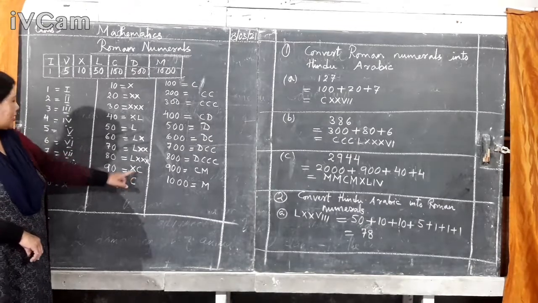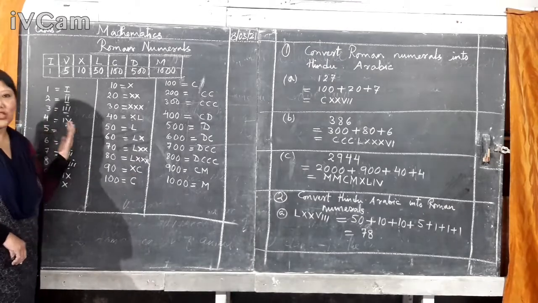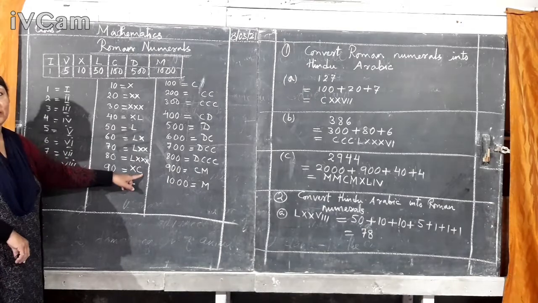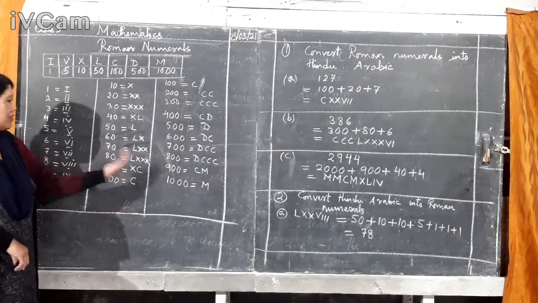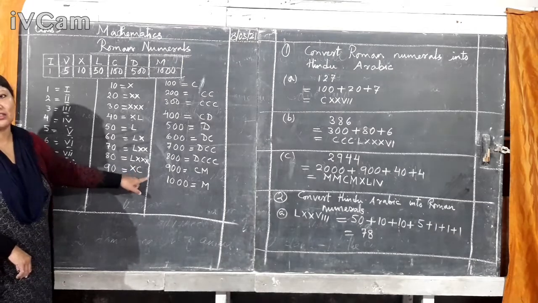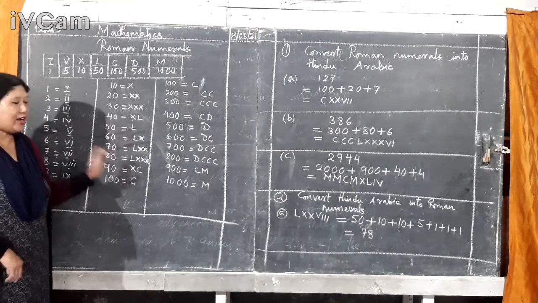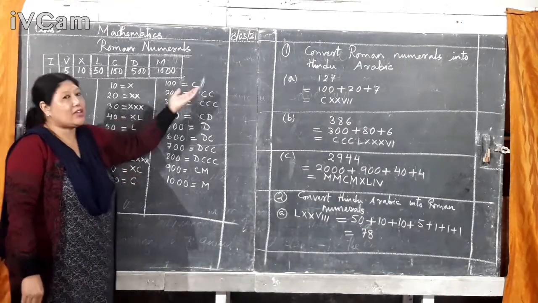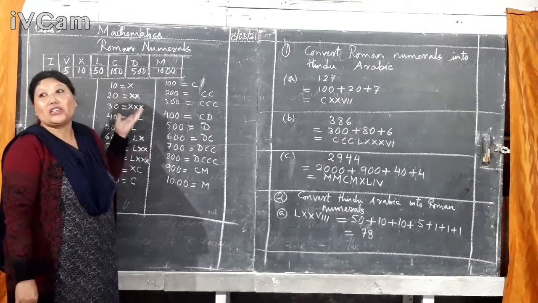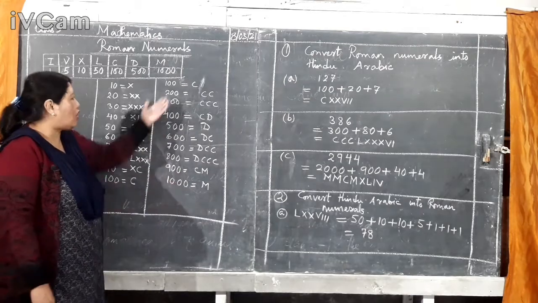But to write 90, what do you have to subtract? Because if you write it on this side, you have to subtract. So 100 minus what will be 90? Of course 10, isn't it? 100 minus 10 will be 90. So it will be XC. XC will be 90. Then 100, then if you write C 2 times, it will be 200. If you write 3 times, it will be 300. So that means C can also be repeated 2 or 3 times.